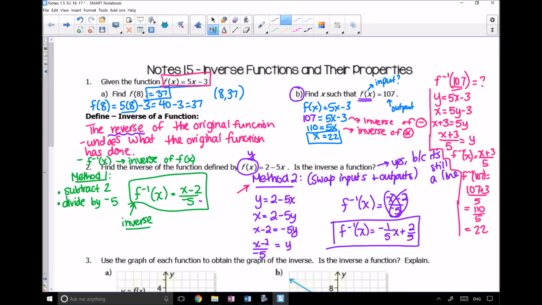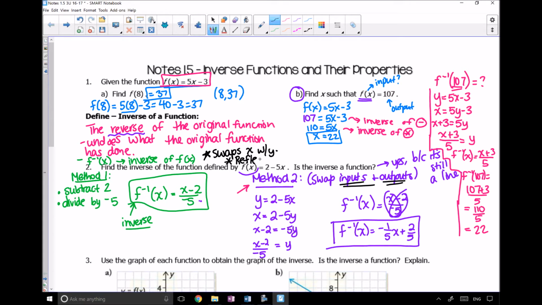So hopefully you can understand how all these different methods can work to get you the correct answer and the relationship between all the different methods, how they're all saying the same thing. Now the key piece that I want you guys to understand about this is that since you are swapping x and y with each other, swapping inputs and outputs with each other, I want you guys to write yourselves a note right here that the inverse just swaps x with y, and because you do that, you end up